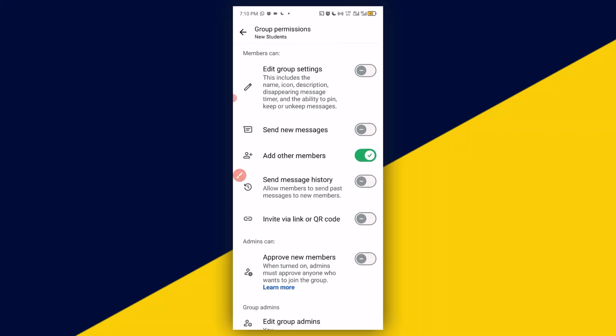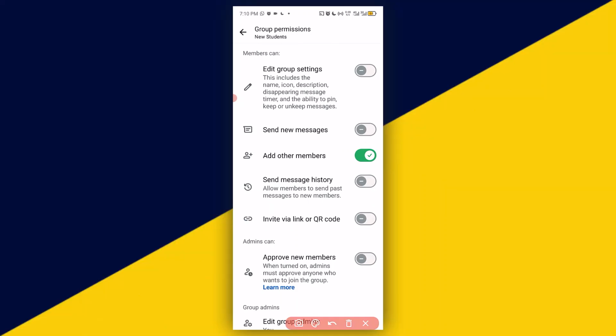And with that, you can also send message history, allowing members to send past message history to new members. You can also turn on this button. With invite via link or QR code, turn on this. It's that simple. So you turning on all these three buttons simply means that even if the new members